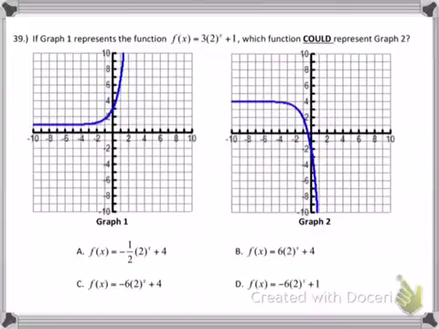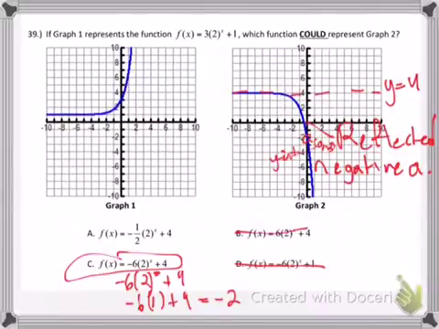The graph 1 represents the function f of x equals 3 parentheses 2 raised to the x plus 1. Which function could represent graph 2? So graph 2, we notice right here, graph 2 has an asymptote of y equals 4. It is reflected, so it is negative. A value is going to be negative, so that's not negative, and that doesn't have an asymptote of 4. Then, it is being stretched